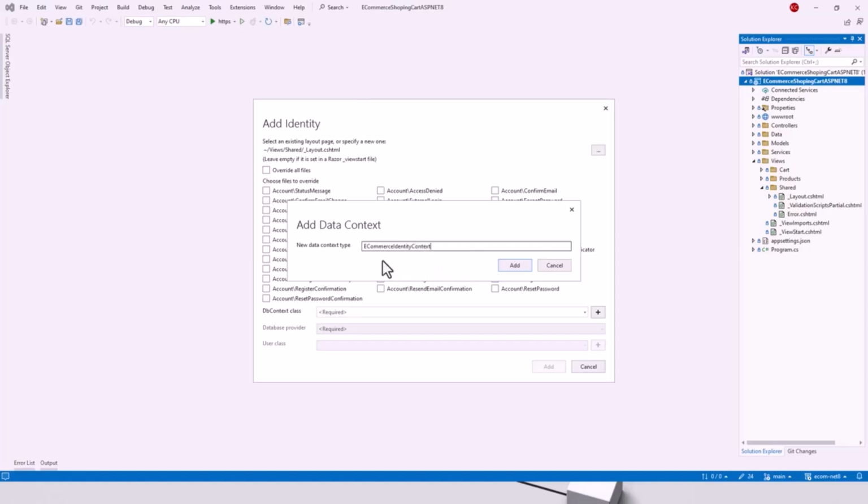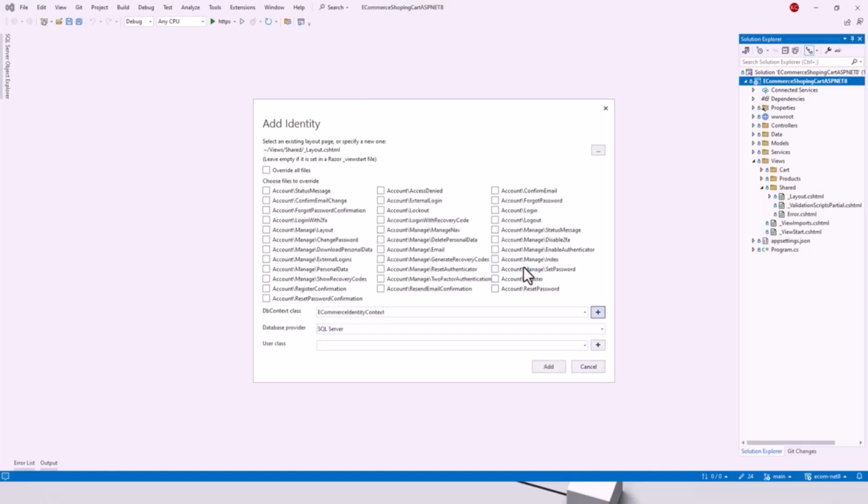All right. E-commerce, let me see if there is any typo or not, because I don't like having typos, even though it is forgiving that way. So click on add, and this will add the DB context class. Okay, new DB context class. And the database provider in my case, I will go for SQLite, because we are using MS SQL local DB, as you are already aware of. So that is SQLite. And user class, okay, let us create a user class, and